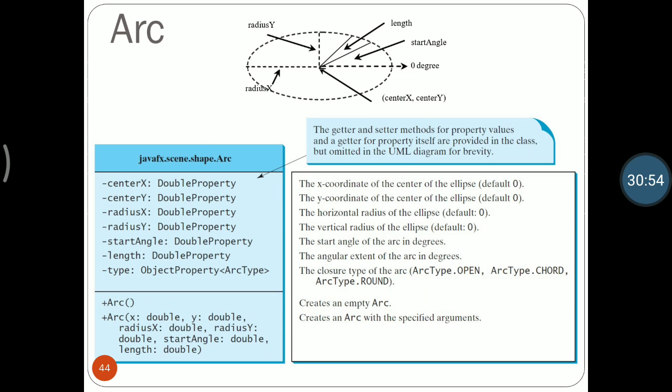Arc will have different parameters like center x, center y, radius x, radius y, start angle, length and type, and two constructors, Arc and Arc with x, y, radius x, radius y, start angle and length.